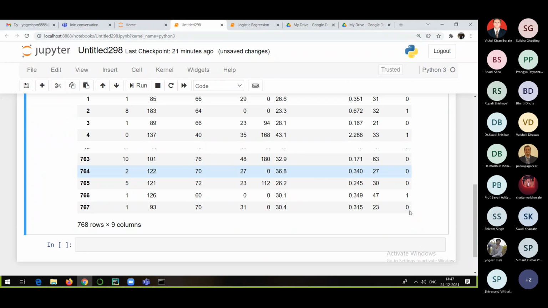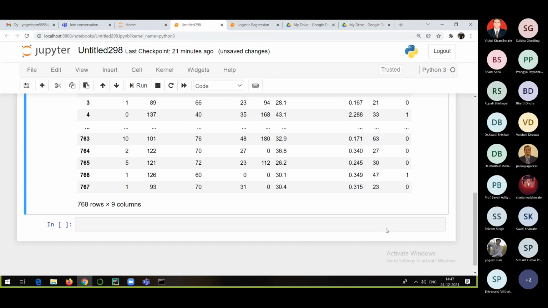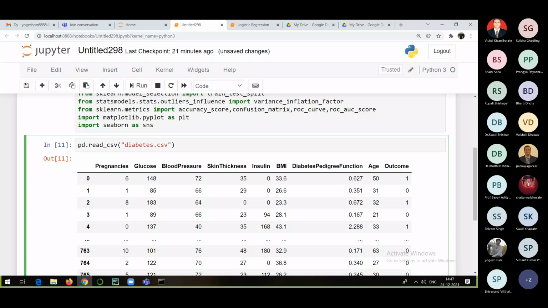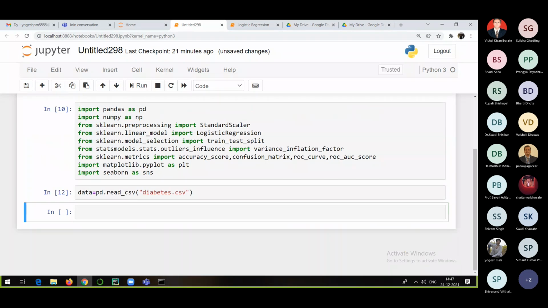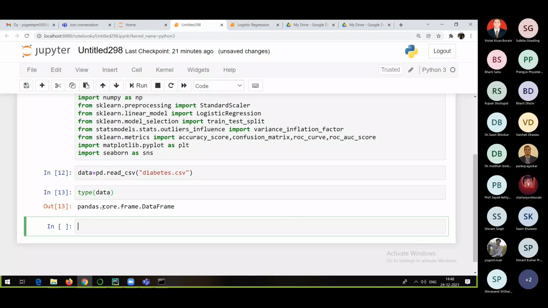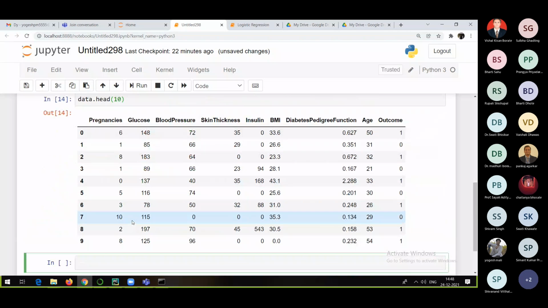Okay, how? Let's see. What I will do is assign all this data to a variable called data. So data equal to this. Now everyone, you know very well, the type of this particular variable is going to be a data frame. Now you can check the data. Maybe you can check the first few rows if you want. First 10 rows, 8 rows, by default 5 rows, as we have already seen. So I am able to see 10 rows.